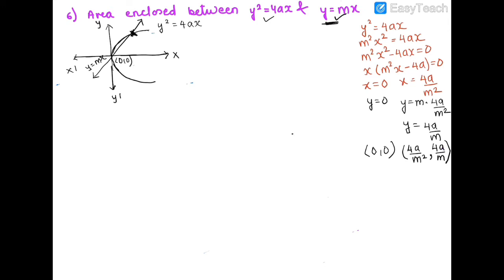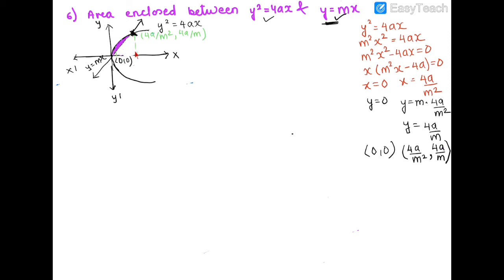So if you can see here, this point is 4a by m square, 4a by m, and I require this for the limits. So basically I want area below the curve, और उसमें से क्या निकाल देना है, ये एरिया निकाल देना है, ये निकाल देना है. So therefore shaded area हमारे पास कितना बचेगा, सिर्फ ये वाला. Alright, this is the smaller area that I have to find out. For this I have to take area below the curve minus area below the line.